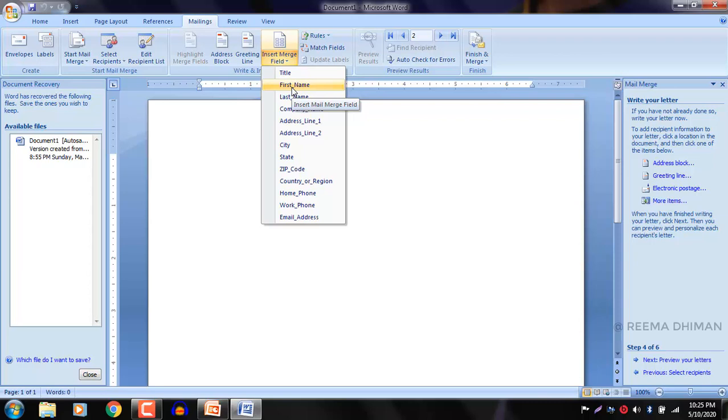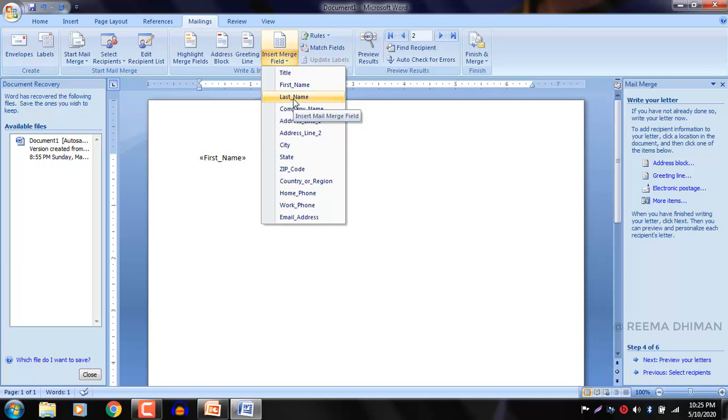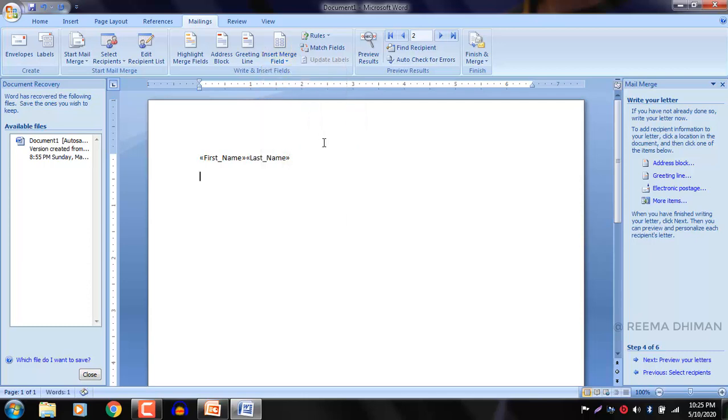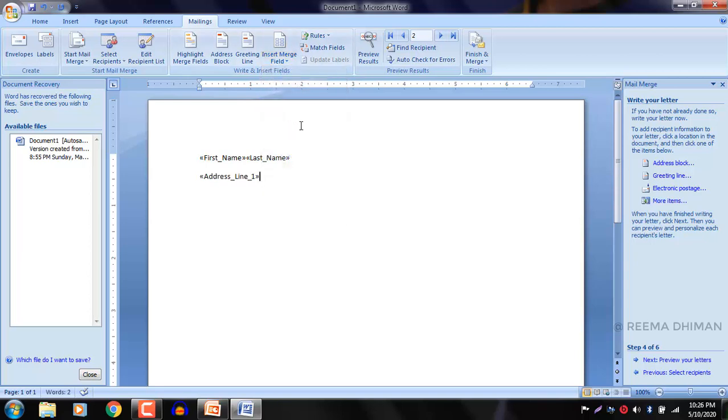For example, firstly I want to write first name, then after this I want to write the last name, then in the next line I want to insert the address line, so I can choose from here.